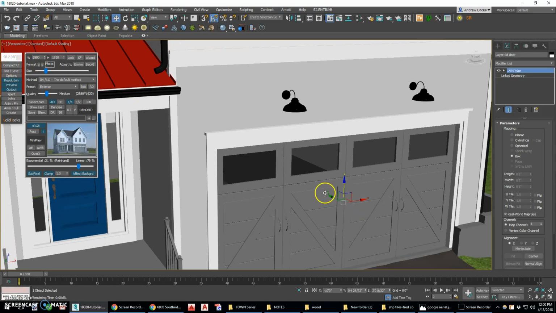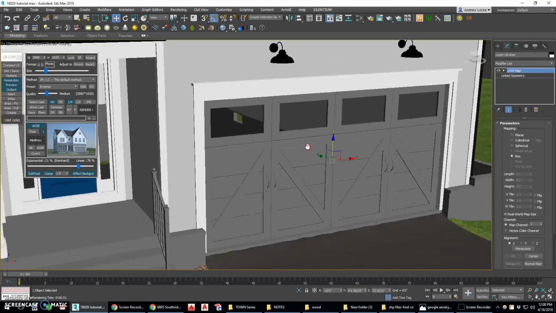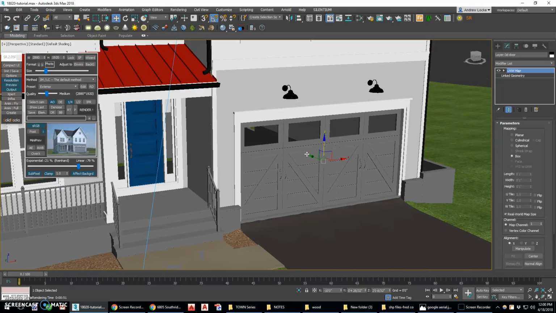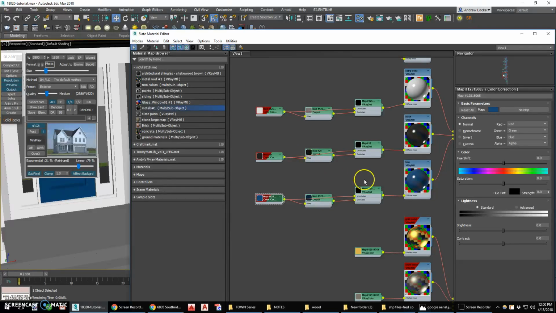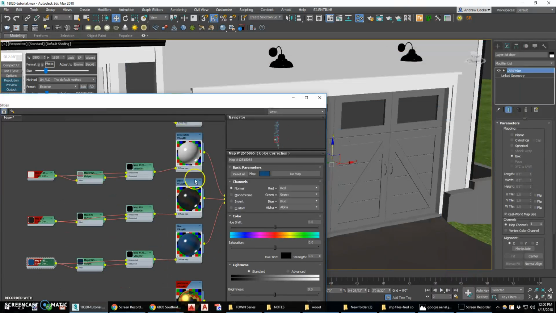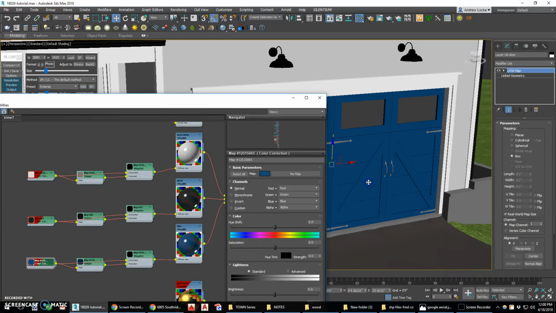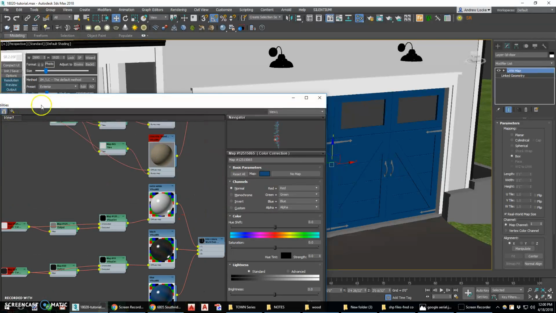Garage doors, let's just give this a maybe with the same blue. We'll be a little crazy, but for now that's what we can do. Looks like I have some handles and things on there. I'm going to go ahead and